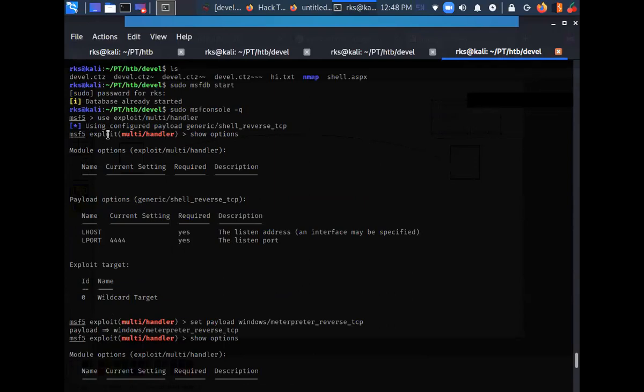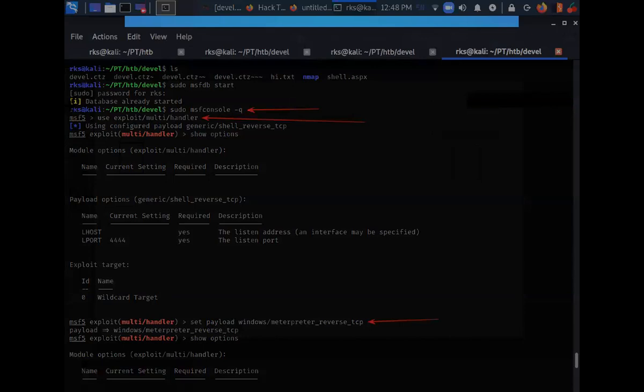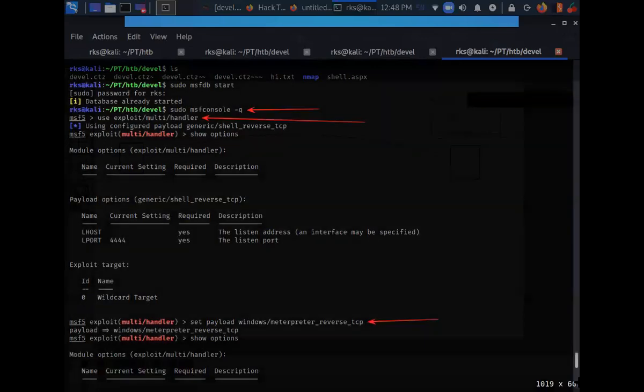Let's mark these important commands: msfconsole, use this, set payload. Let's take a snap here.